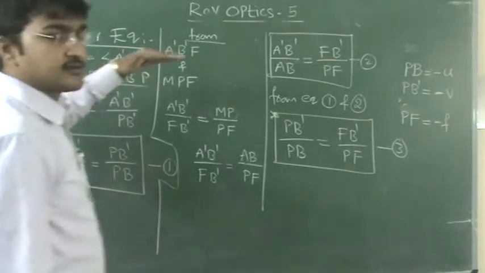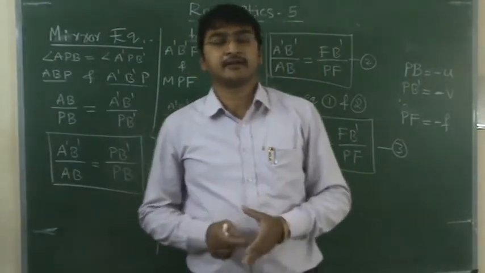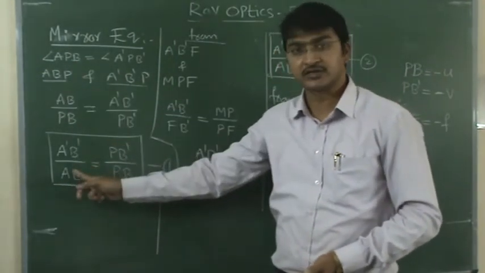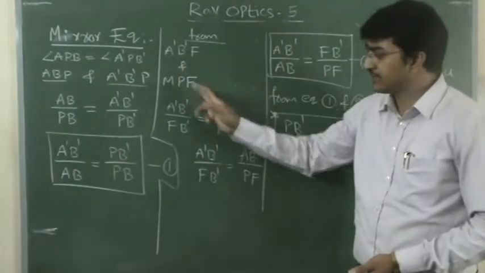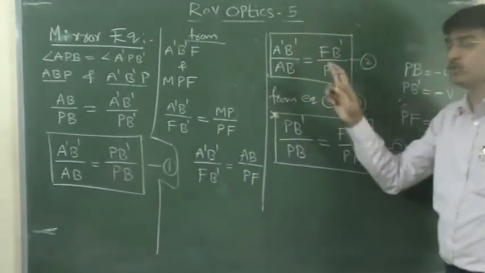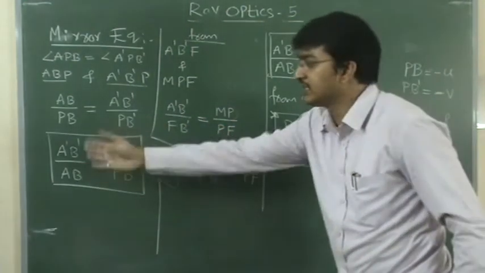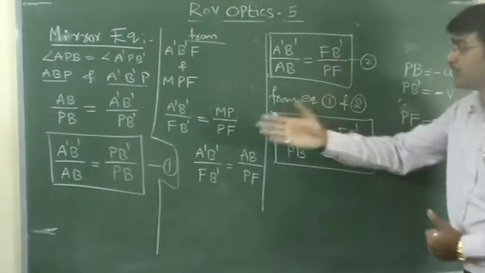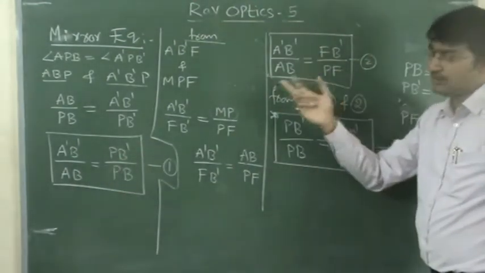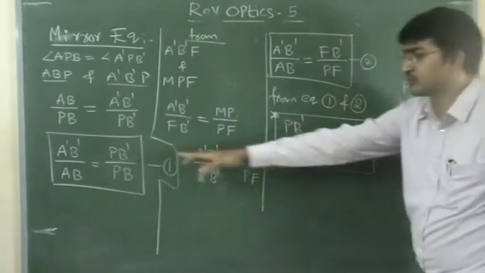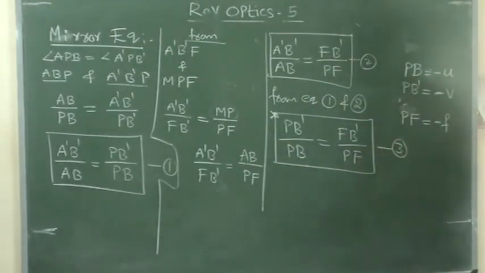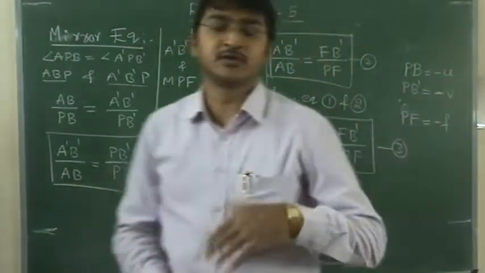So what did we take? We drew the diagram. In the diagram we took two sets of similar triangles. From the first set of similar triangles we derived equation 1, and from the second set of similar triangles we derived equation number 2. But equation 1 and 2 are both the same, both give the same value. So by comparing equations 1 and 2, the LHS sides are the same, then obviously the RHS sides are also the same. So I am equating the RHS sides of equations 1 and 2, and we got equation number 3, right?